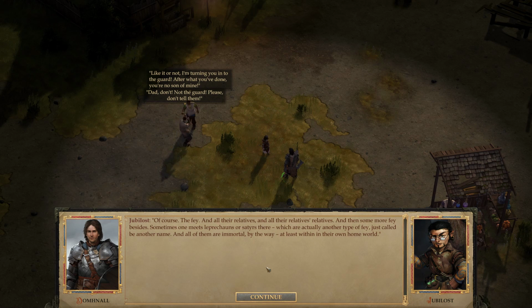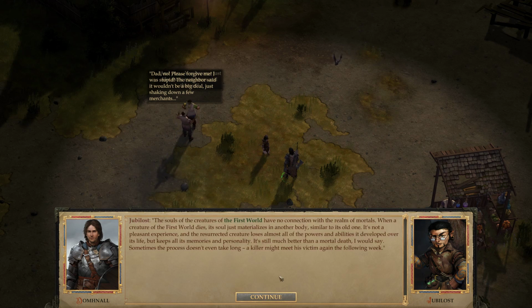Sometimes one meets leprechauns or satyrs there, which are actually another type of Fae, just called by another name. And all of them are immortal, by the way, at least within their own homeworld. The souls of the creatures of the first world have no connection with the realm of mortals. When a creature of the first world dies, its soul just...